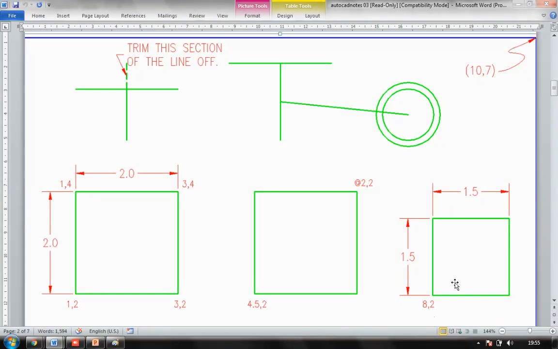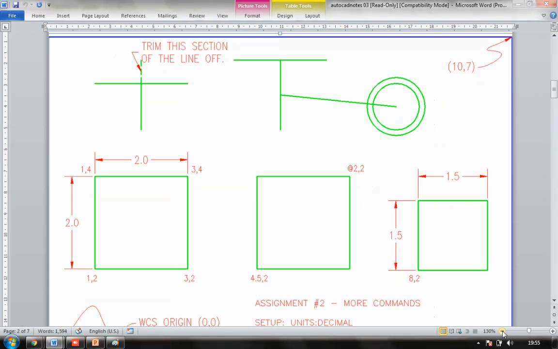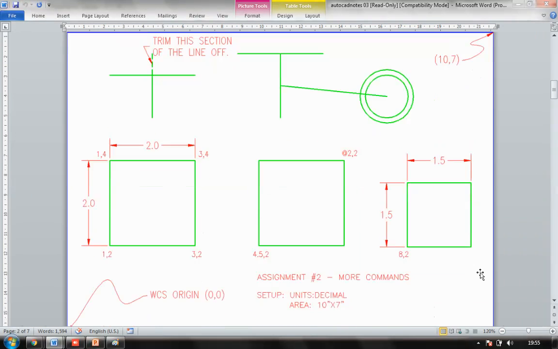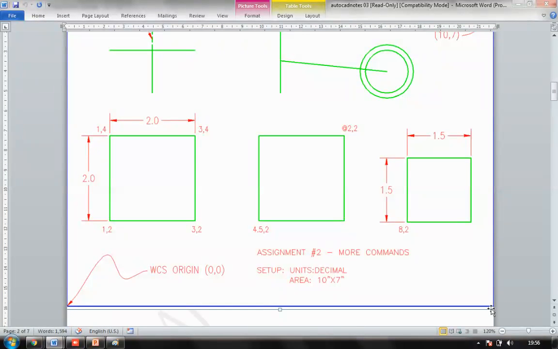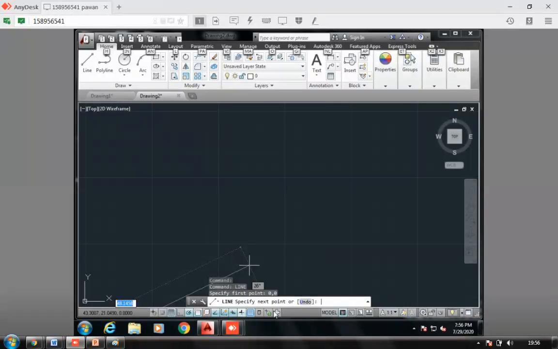At this location, my x coordinate travels 100 and the y coordinate is not traveling, so it remains 0. You always have to specify the x coordinate first. I'll be saying 100, comma 0, and pressing enter.